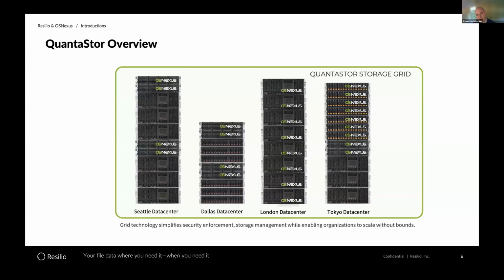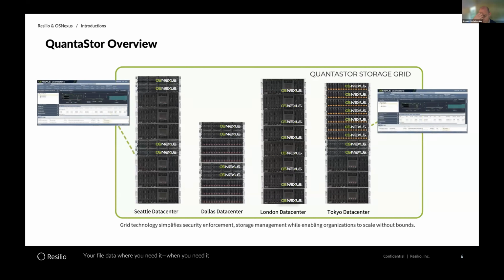This is how you can start to expand using QuantaStor, where you can use different servers of different brands. This is showing a lot of Supermicro equipment, but you can use a mix of scale up and scale out in the architecture to set up NAS as scale up or scale out. And yeah, go ahead and